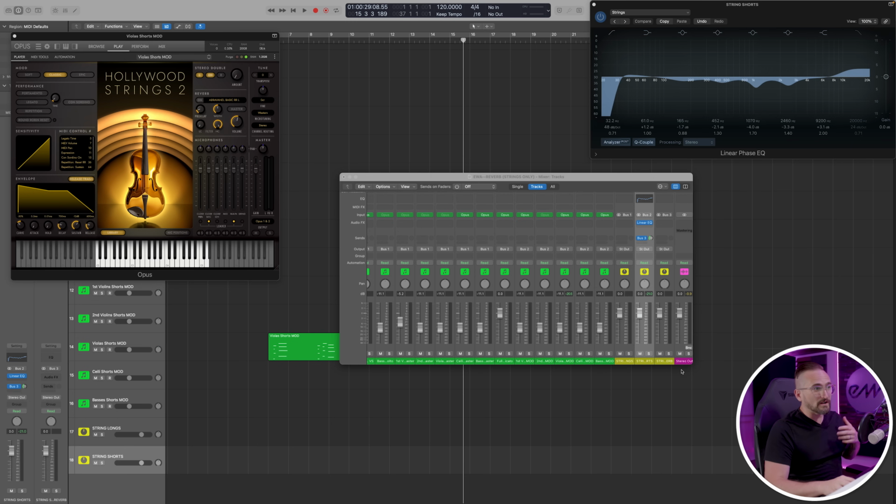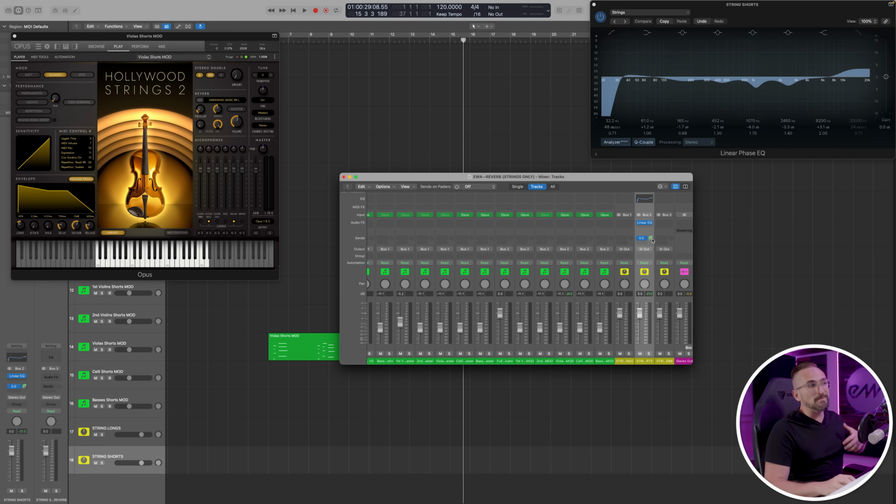So going back to the river analogy, if all of the string shorts are flowing through the strings bus, when I created that send on the strings bus track, basically what Logic is doing is duplicating the audio signal and sending that to now the string shorts reverb auxiliary track. It's not routing any of the audio from that bus to the reverb track. It's actually duplicating part of that signal according to the volume that you set right here, and then it's sending that to that auxiliary track. So it's a little bit confusing, but I think it'll make sense if you just kind of start doing it and playing around with it.